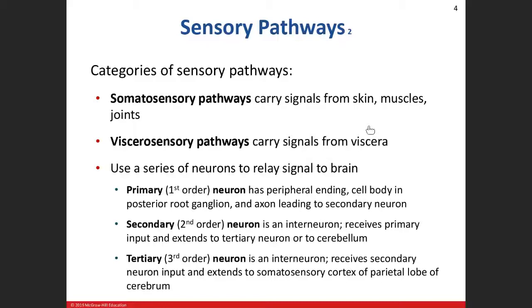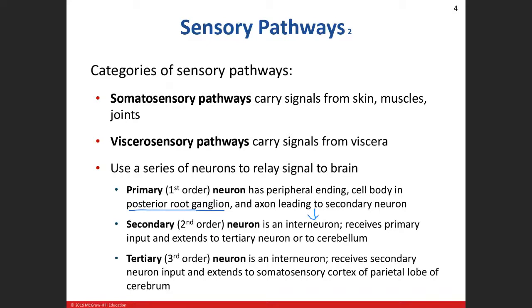So the primary neuron starts in the fingertip and travels into the spinal cord. Its cell body is going to be located in that posterior root ganglion. And then the axon will then synapse onto our secondary neuron, also known as an interneuron,